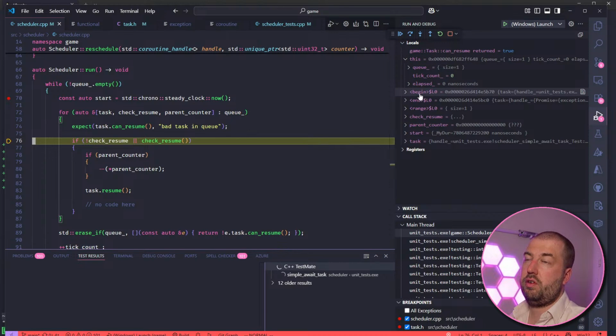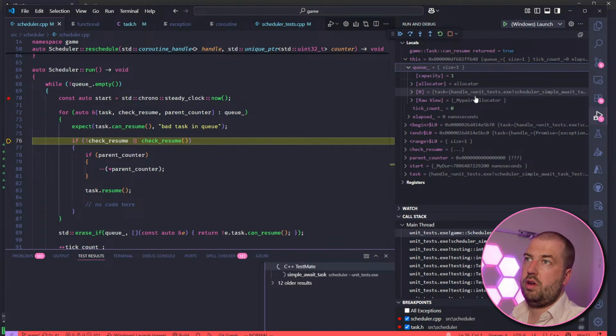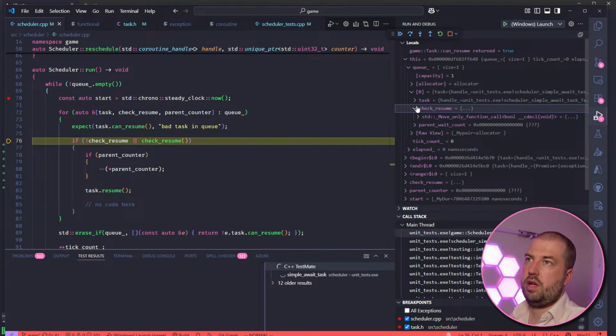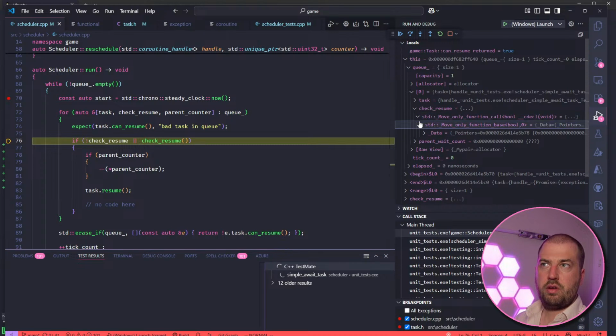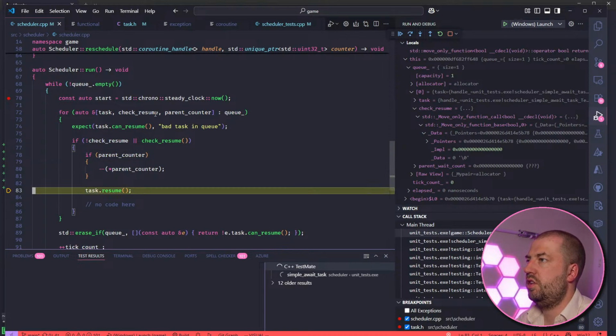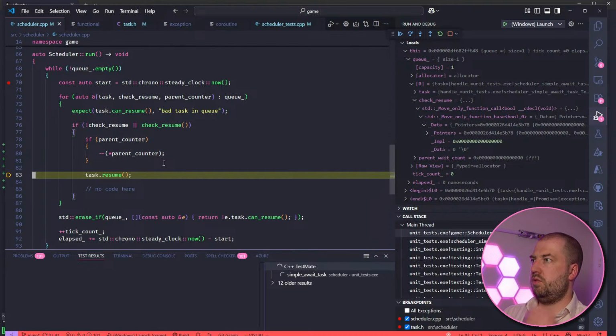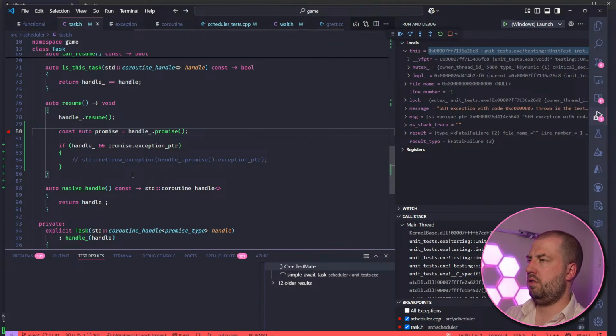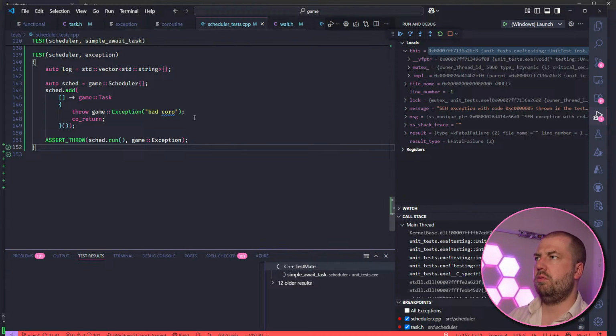This task doesn't have a check resume, doesn't have a parent counter, resumes, ends up here, and then dies. Is that right though?